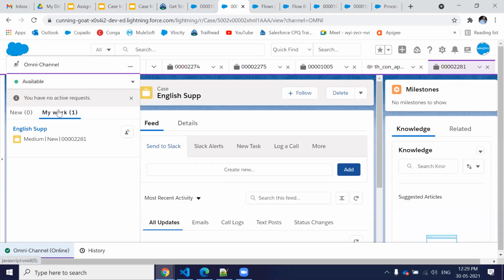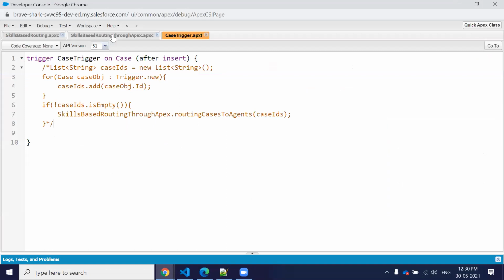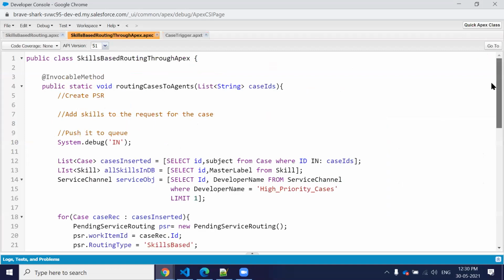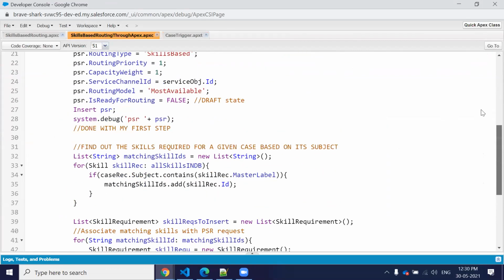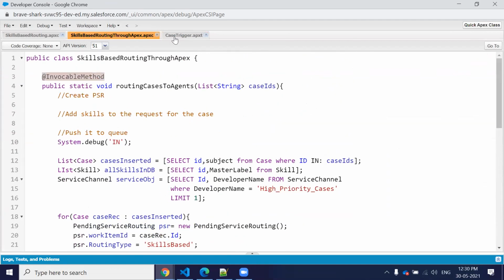So I'm assuming it's a little playground error. I will find out later why it's not working in that playground and why it's working in this playground. That is how you can do the Apex coding and other stuff. That is the simple coding. You can use any business logic and route the cases through Apex, whether you call it from a trigger.